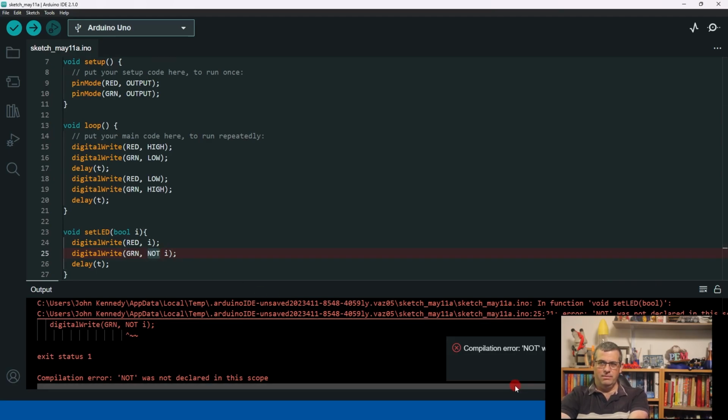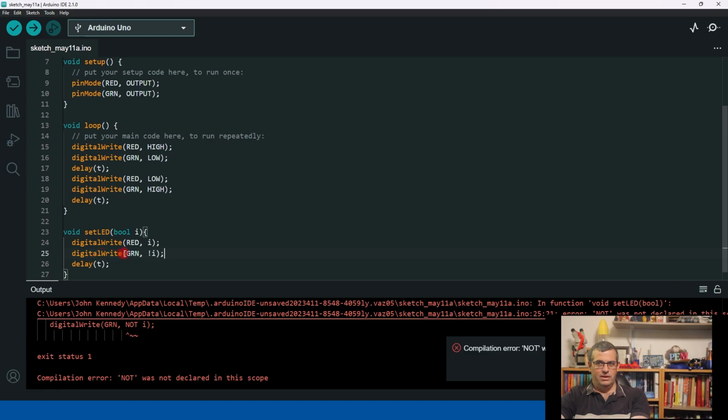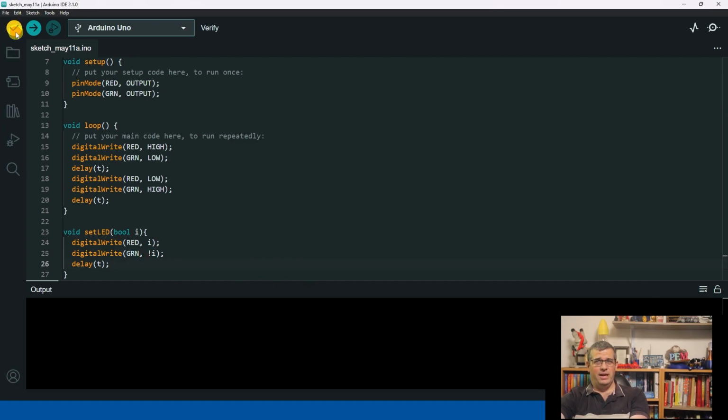In Arduino and C++ generally, if we want the opposite of a Boolean, we use the exclamation mark. So exclamation mark equals not. So if this is true, then this is not true, and not true is false. If we verify that,